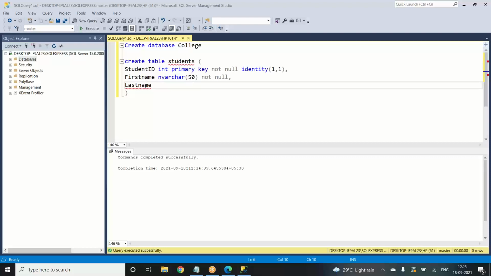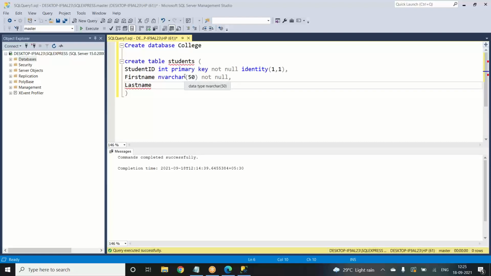And for the first name and the last name, where we're going to enter alphabets, we have the data type called char, which is character, another called varchar, and the third one, which is nvarchar. So we have different kinds of data types just for entering alphabets in that column.